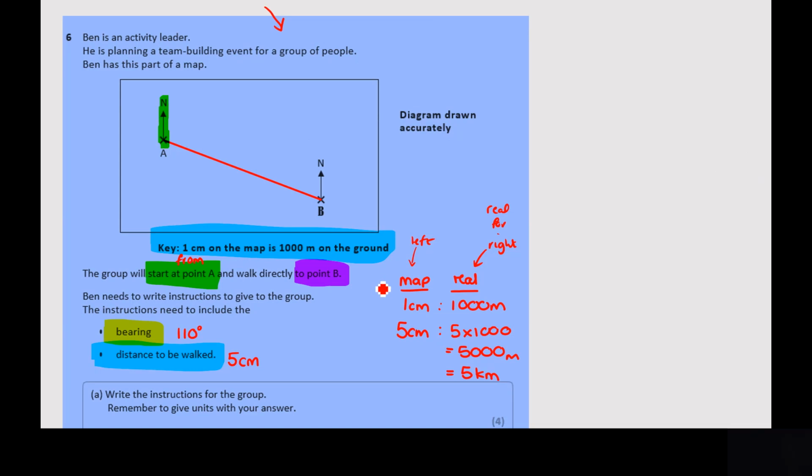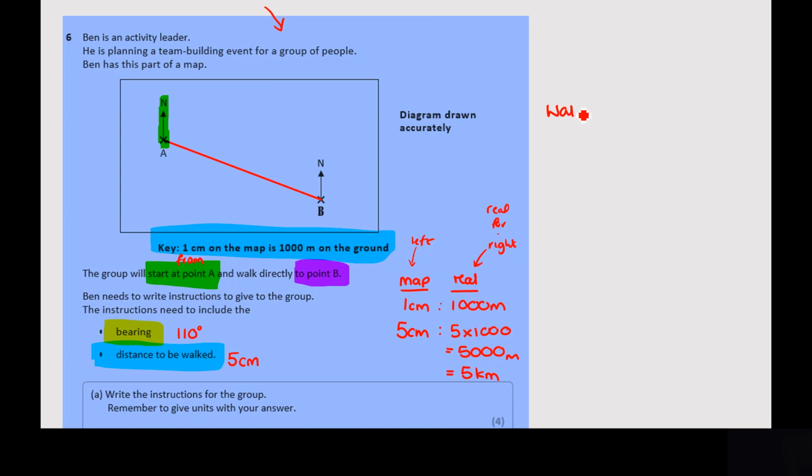Have we got all of our marks? Well, we've worked out the bearings, which is good. We've worked out the distance. We've converted that distance to the real distance, but we haven't yet written our instructions, so we wouldn't get our 4th mark. So the instructions would be